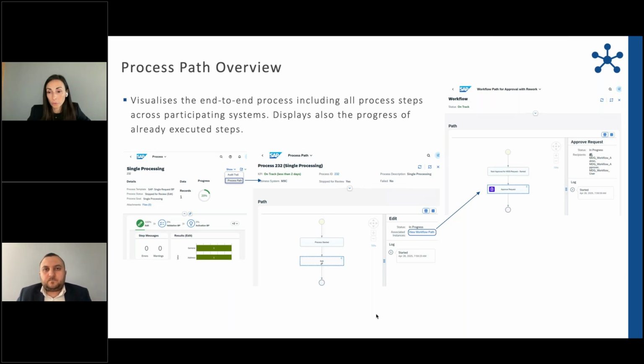In addition to that, we can also see which are the recipients of our request on the next step. And with that, we can find them in our system and ask for faster approval if that is needed.